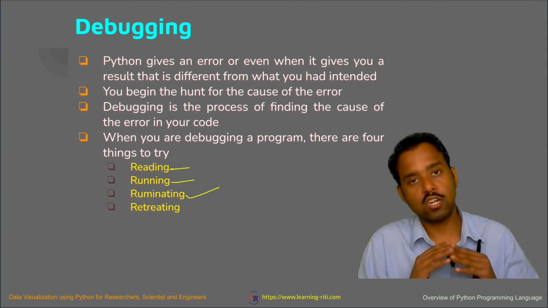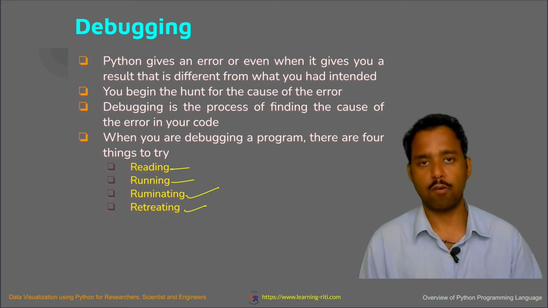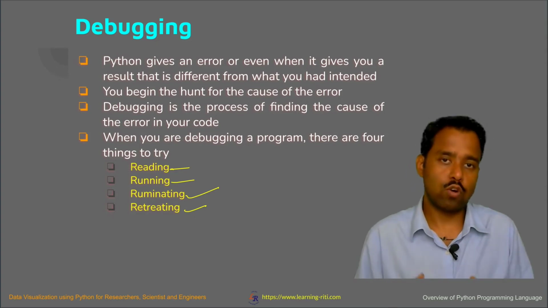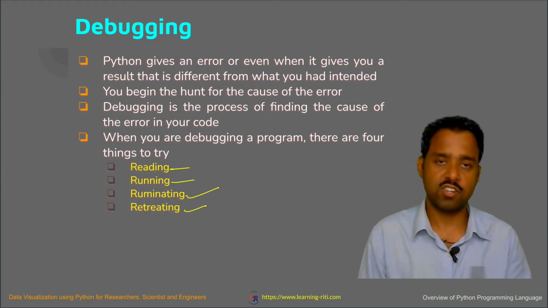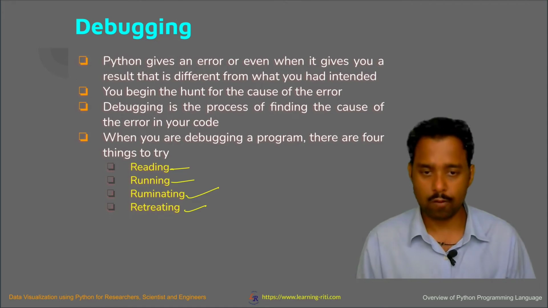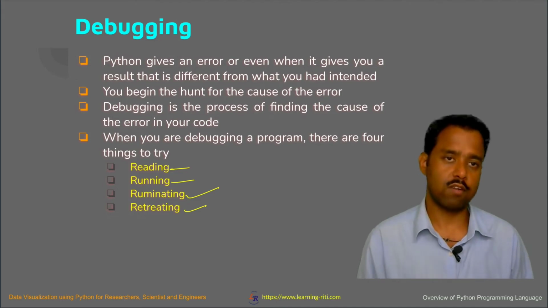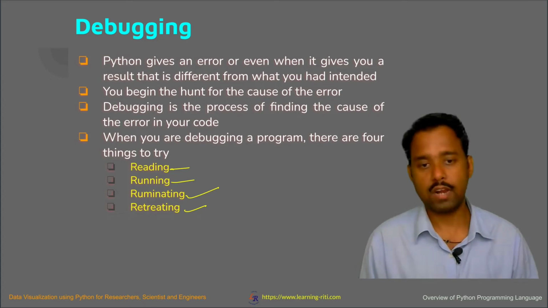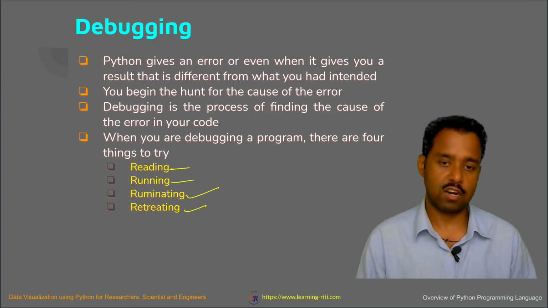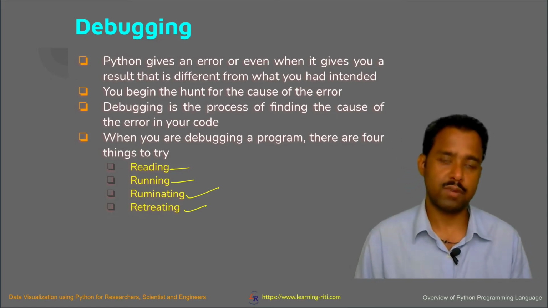Sometimes the problem is not resolved at all, and then you can think of retreating. For example, let's say your code is not working at all and you are not able to find where the problem is. Then you can delete the code and rewrite it. Of course, if you don't like to delete it, you can just save a copy and then restart, refresh from the beginning, and see if you can resolve the problem. These are some tips for debugging your program. And of course, practicing is the better way to understand and learn more, and once you practice, you will understand all the details. But keep in mind, these are the four things you can try depending upon the cause and the problem.